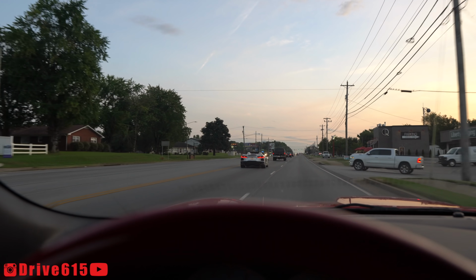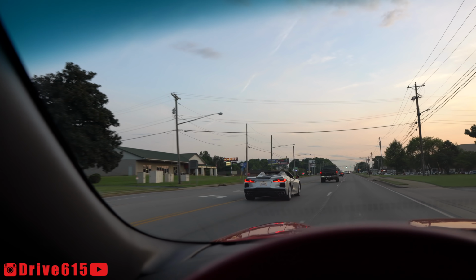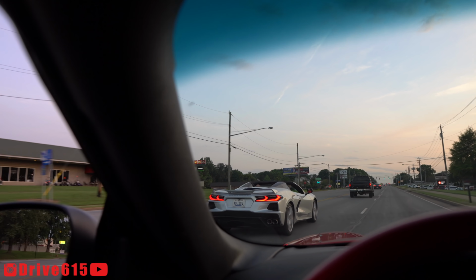There's a good couple rollers of it, I think. A couple different perspectives. I'll put the window down for this one. Might be a little bit windy, but